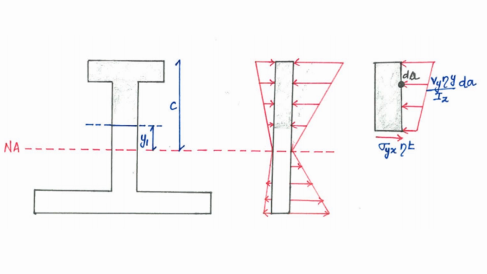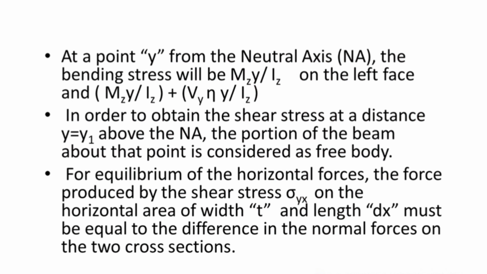The bending stress on the left and right sections of the beam element is shown in the figure. This is what I told. So, at a point y from the neutral axis, the bending stress will be Mz y by Iz. On the left face, it is Mz y by Iz plus Vy eta y by Iz. And in order to obtain the shear stress at a distance y equal to y1 above the neutral axis, the